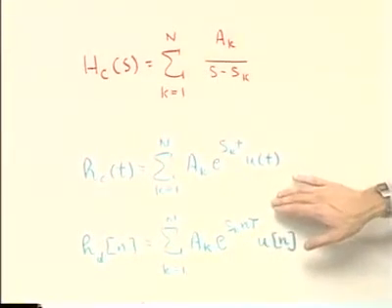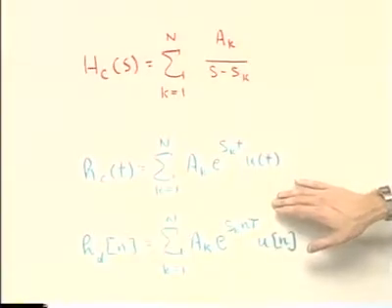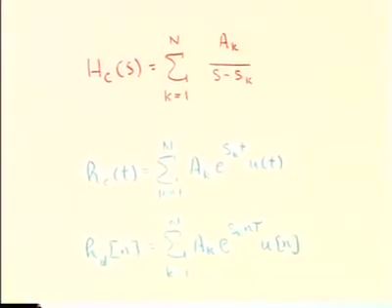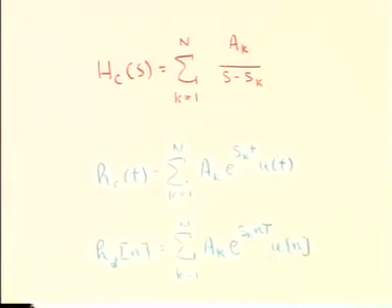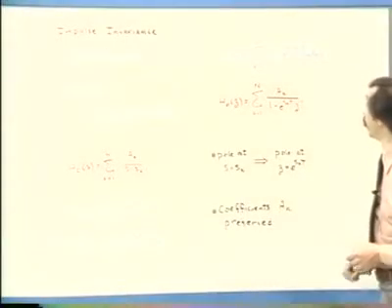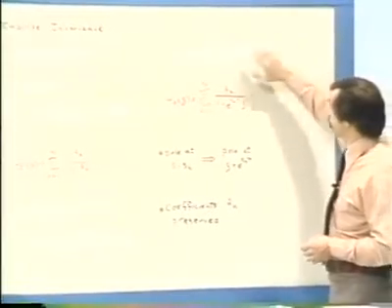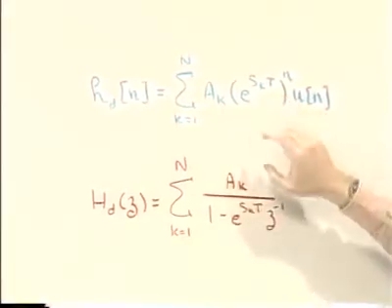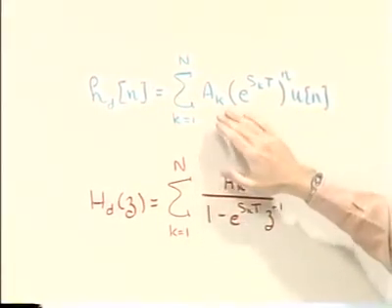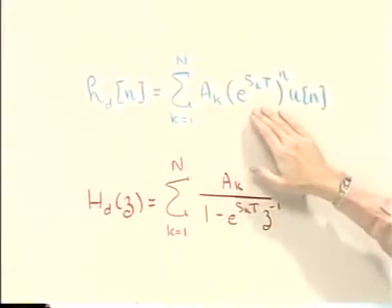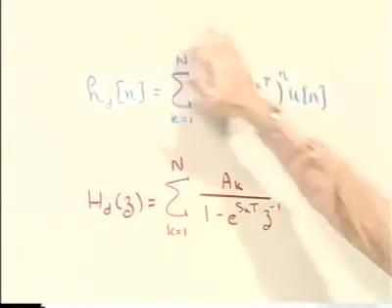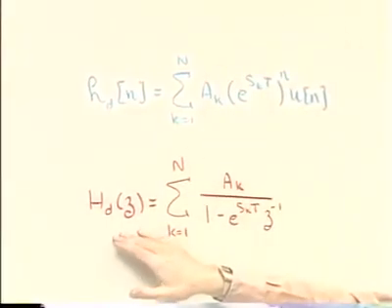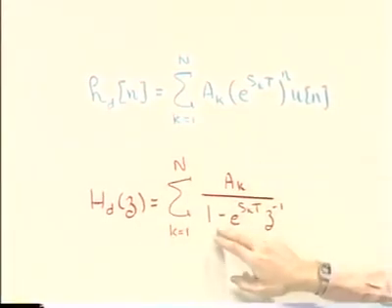All right, well, let's manipulate this further, and eventually what we want to get is a relationship, a mapping from the continuous time to the discrete time filter. So we have this step, and we can rewrite that now as I show here, just simply taking this n outside, and we have e to the s sub k capital T. So now this is of the form, the sum of terms like a sub k times beta to the n. We can compute the z-transform of this, and the z-transform that we get I show here. It's simply a sub k over 1 minus e to the s